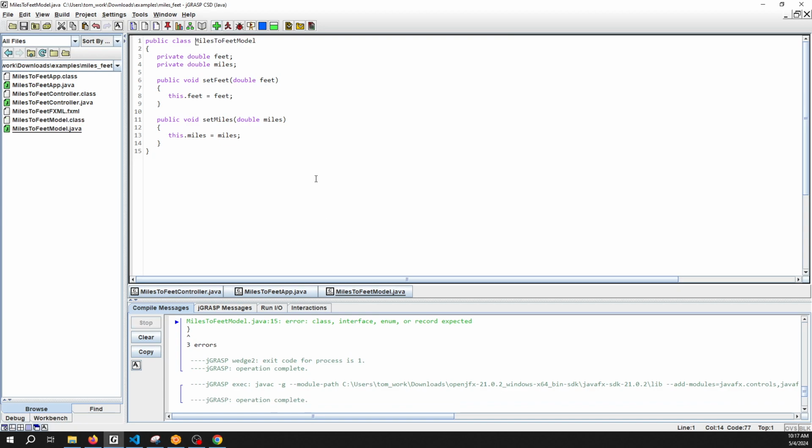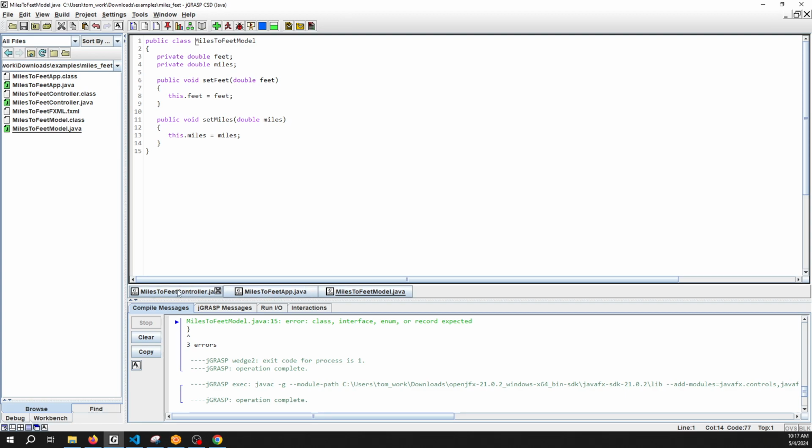Okay, so we have some place to store feet and miles. We have some mechanism for getting that data into the model from the controller. So we would just call this set feet and set miles when that's updated. So that's basically the container for our data. We don't really have to have any other complicated things in there because after all, this is a really simple app. So we're just sort of practicing how we would do this to build up to more complicated